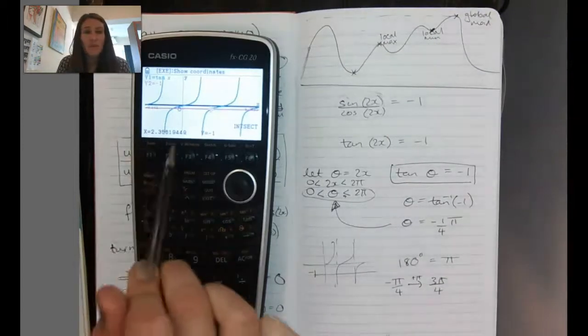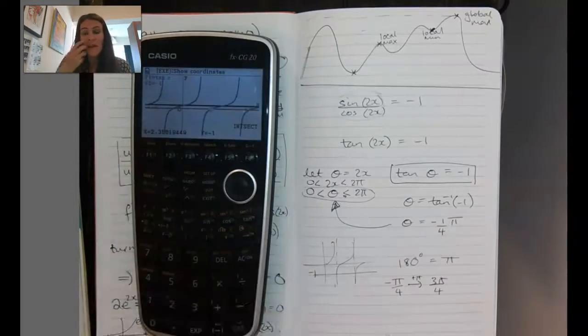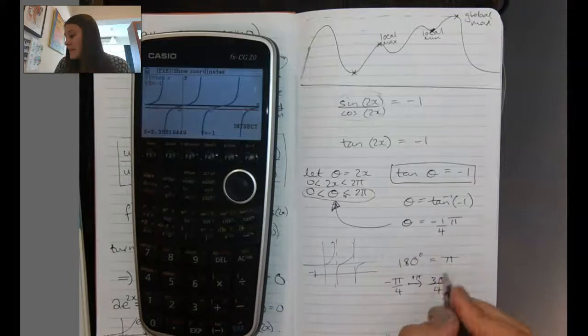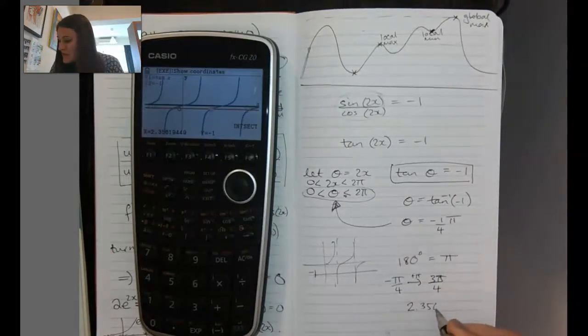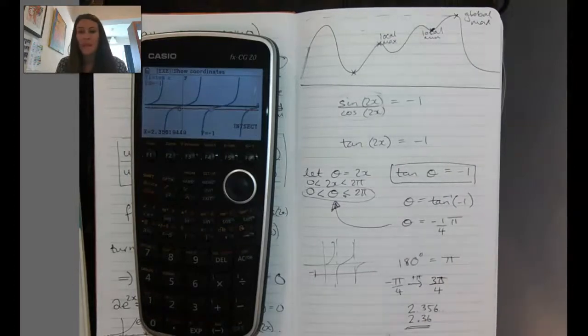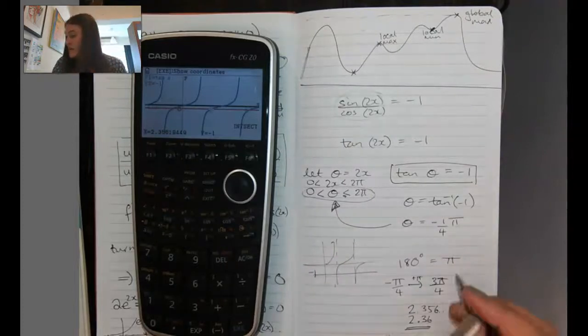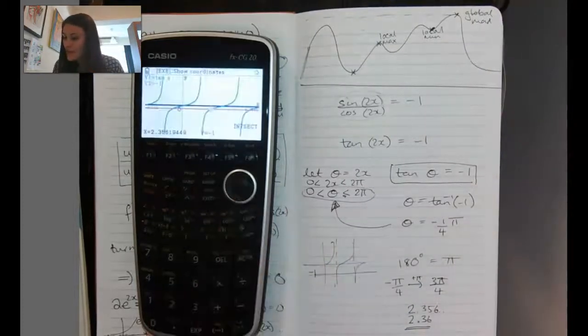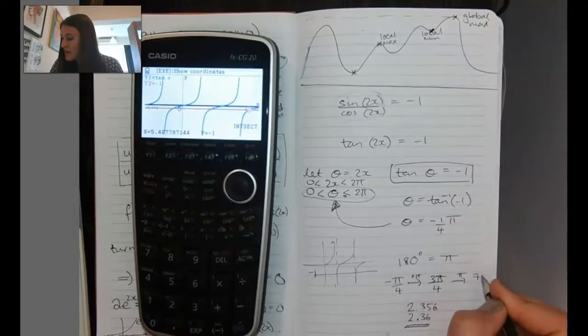This is one of the problems with doing it on a calculator like this, is that you won't get an exact answer, and you need to be able to get an exact answer. It would be okay to put 3.56 or 2.36, but only if you didn't want to have it as an exact answer. You don't want to be in the position where you don't know how to get the real answer. Okay, and then the next one is one up. We just add pi again. So add on another pi, you get 7